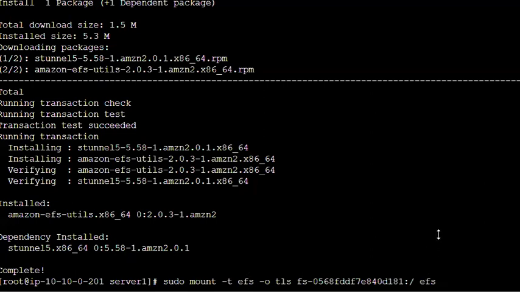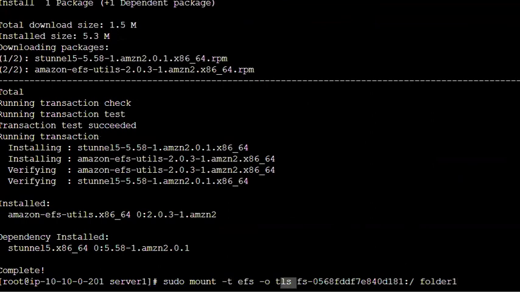What will this command do? This command will simply mount or attach the file system from your AWS to this folder. So currently, what is the folder name that we created in this server? We created the folder name as folder 1. So now I'm just writing folder 1. Since I want to mount this file system to folder 1 in my server 1, that's why I'm doing this. So this indicates the target